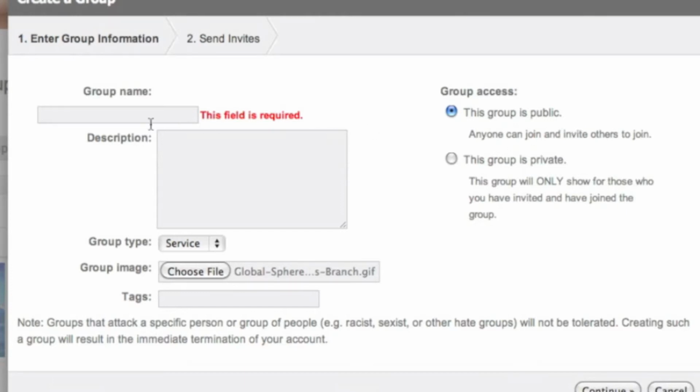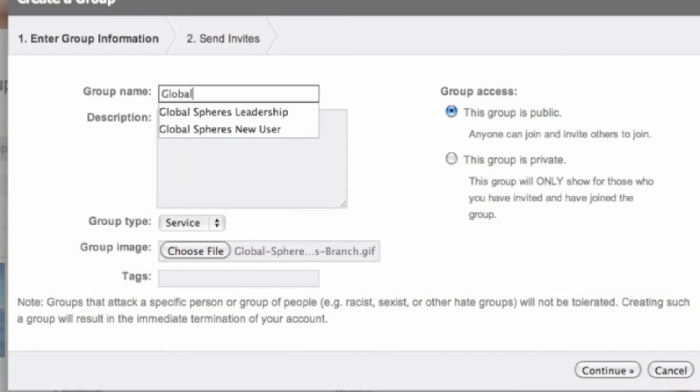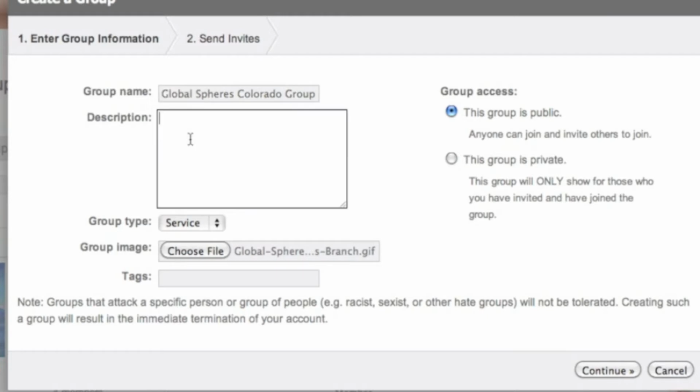Getting started. So in this case, I'm just going to start a group that's specific to a geographic location for this tutorial. So in this case, I'm just going to call us the Global Spheres Colorado group, and we'll just make this